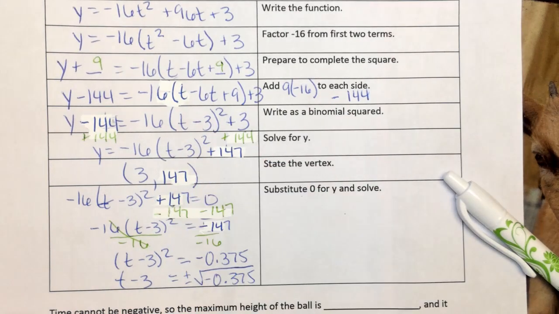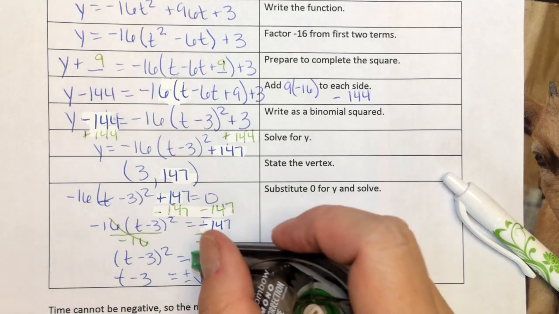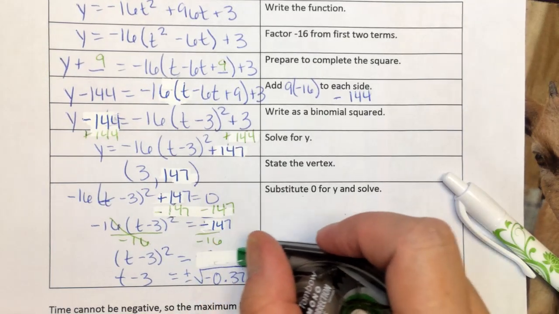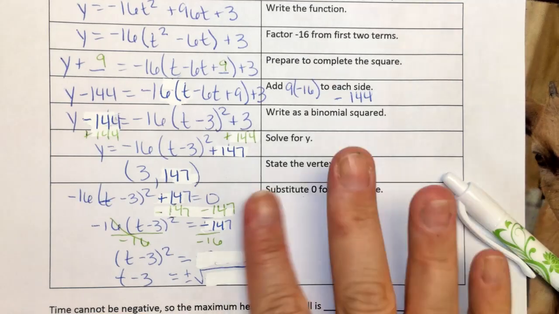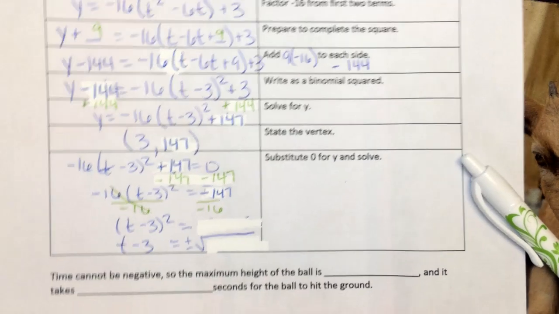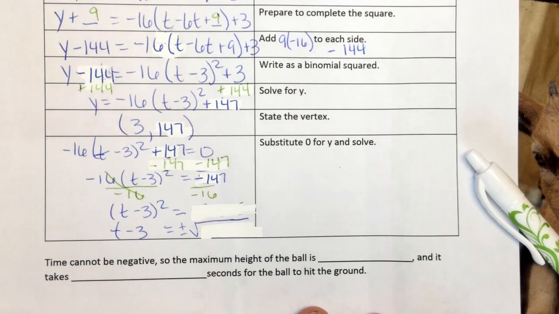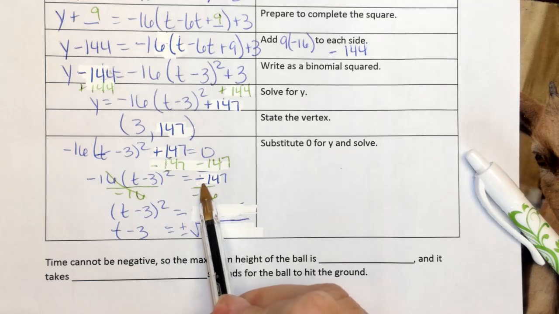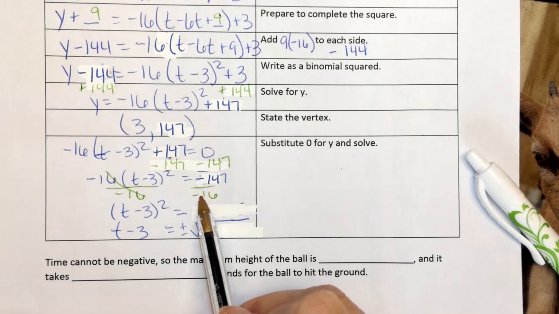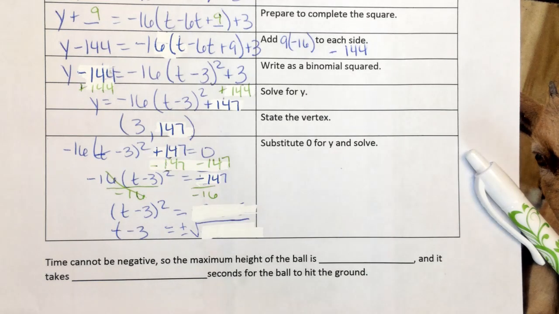So now, when we divide a negative by a negative, we get a positive. And so that will make more sense. Again, I apologize. I am human. I make mistakes. So if we take negative 147 and we divide it by negative 16, we get